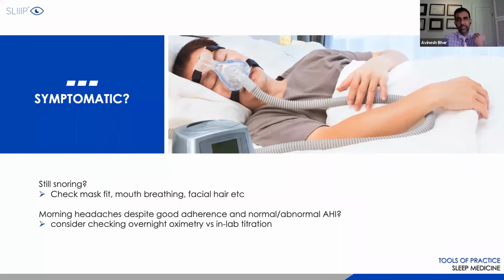If they have facial hair, I know some men are very much tied to their facial hair, so I don't think it's something you may want to suggest, but maybe just shave it down a little bit if possible.